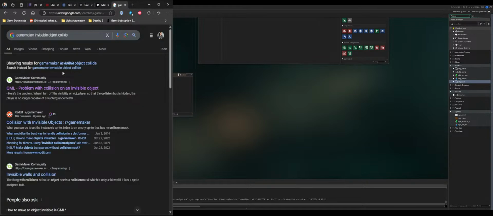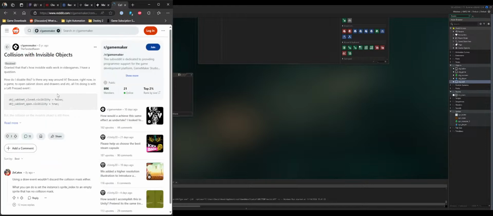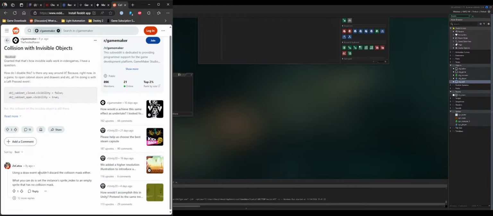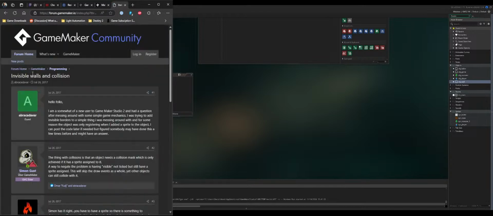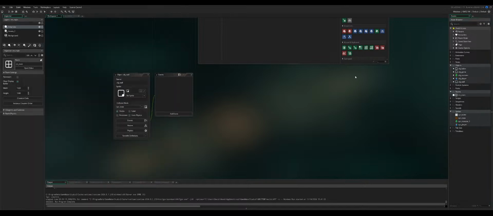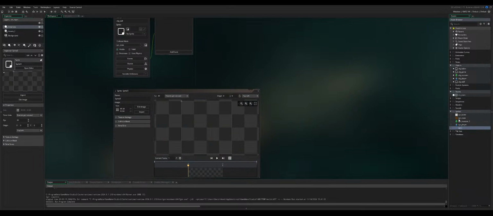So I'm looking at invisible objects, collision, oops. Normally, I guess the collision doesn't work on it. So what I could do is create maybe an empty sprite. Let's try that, I guess. So if we go up here, we can create a sprite and we can call it SPR